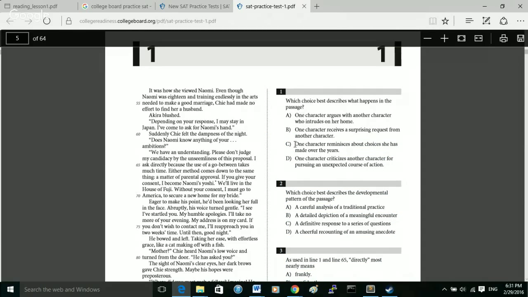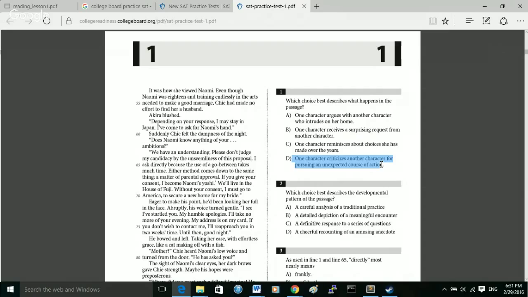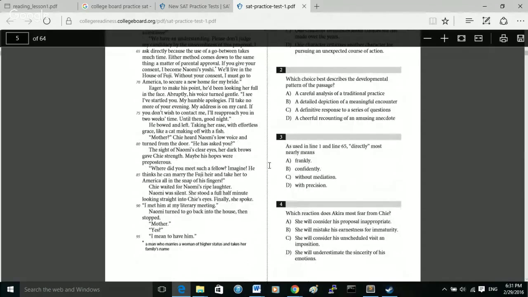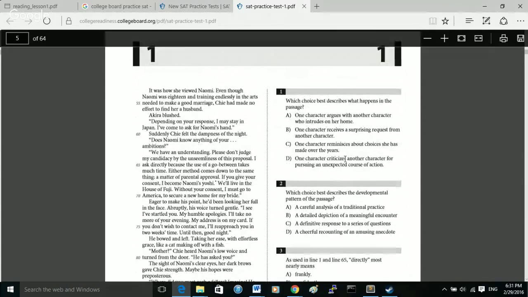Answer choice C. One character reminisces about choices she had made over the years. No, Akira or Naomi do not think about the choice made over the past years. So answer choice C is incorrect. Answer choice D. One character criticizes another character for pursuing an unexpected course of action. Although the mother had thought Akira's action to be preposterous, she doesn't really criticize him for this unexpected course of action. So the main thing to look at is